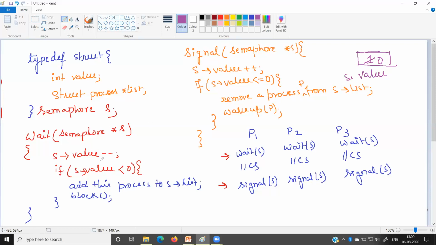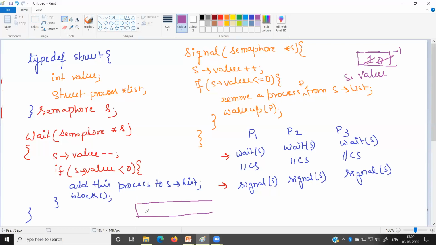The value of the semaphore variable is 0. If P2 executes the wait function, S arrow value minus minus, so now our 0 will become minus 1. Fine. Minus 1 less than 0, so in the if statement the condition will be satisfied. So P2 will be added to the list. Let us say this is our list.